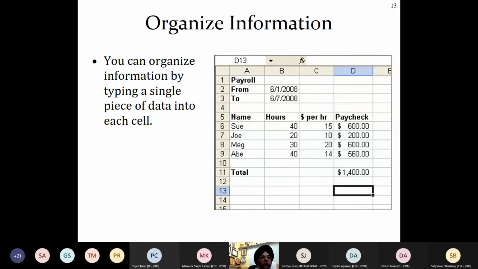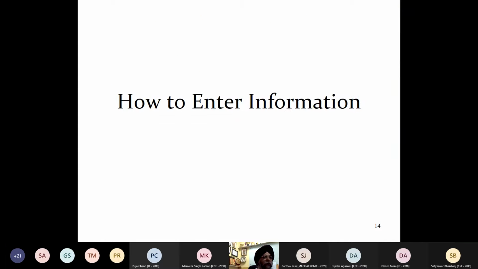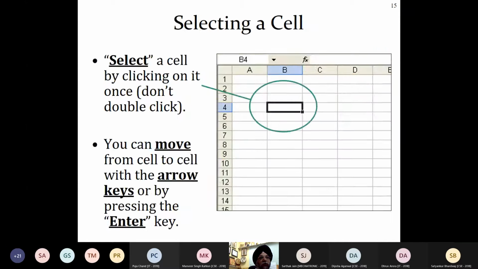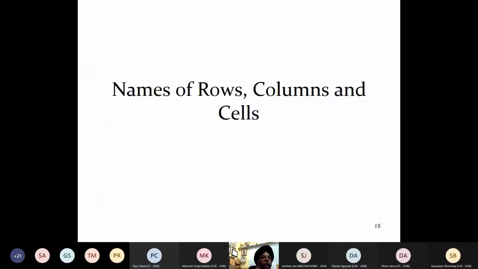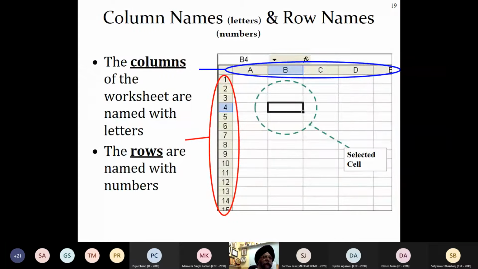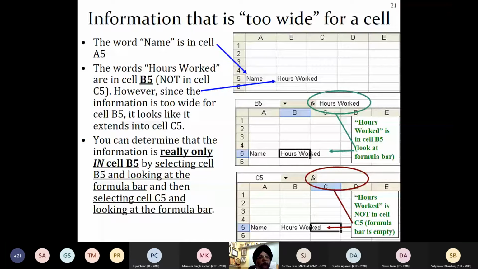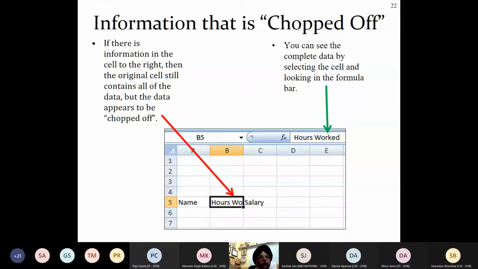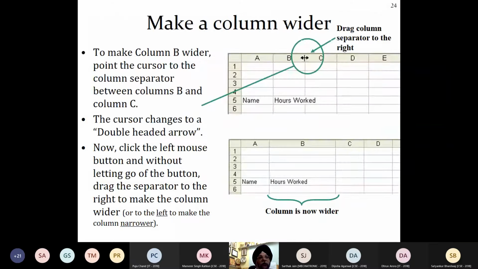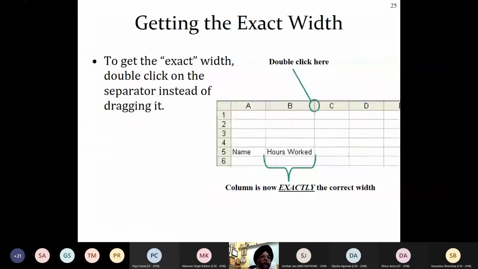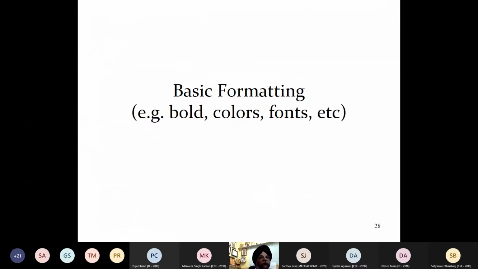What are called cells? We have done this in the class itself, if you remember, how to just calculate the payroll and how to enter the information, right? Names and rows and the columns. What are called columns? How the rows are? What is the address of a cell? How the more information looks like? How to expand the width of the column so that you can see the entire information whatsoever is visible.